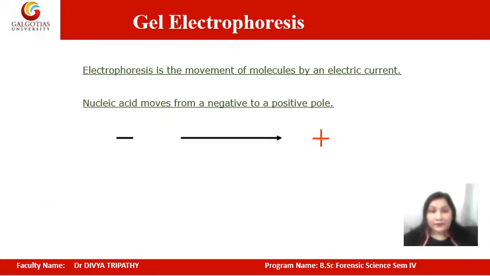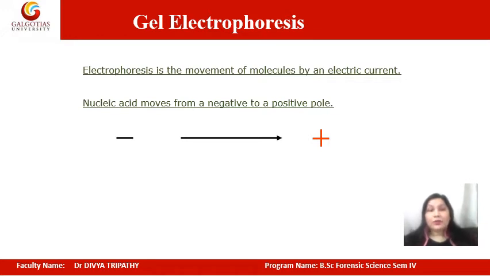Now, electrophoresis is based on the principle that nucleic acids move from the negative to the positive pole. If we are talking about nucleic acid, we know that nucleic acids are polynucleotides. Polynucleotide means it has bases, deoxyribose sugar or ribose sugar in case of RNA, and phosphate as a backbone. So if I am saying nucleic acid moves from the negative to the positive anode, it is clear now that nucleic acid has an overall negative charge, right?